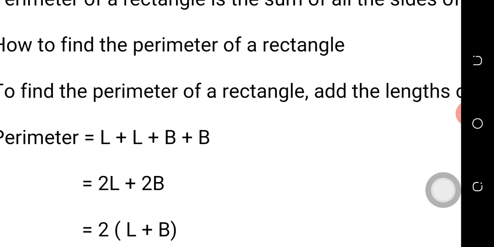By permutation in mathematics, since we have two lengths, likewise we have two breadths, since they are parallel. So you add the two together. Length plus length equals two length. Likewise, breadth plus breadth equals two breadth. By mathematical expression, we look for common terms in those expressions. The common term there is 2.